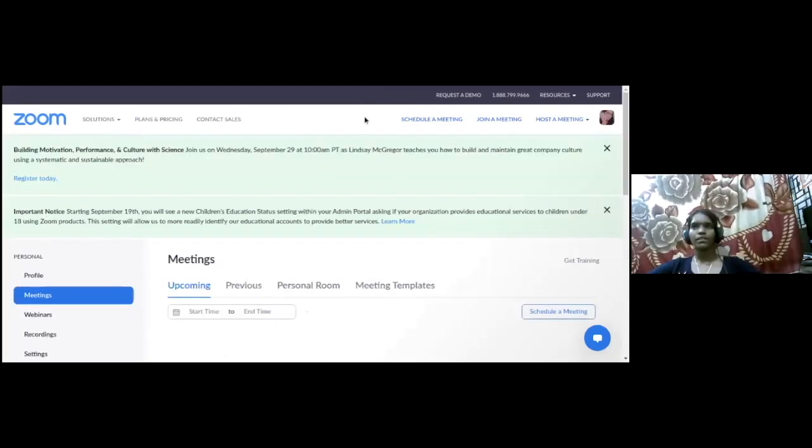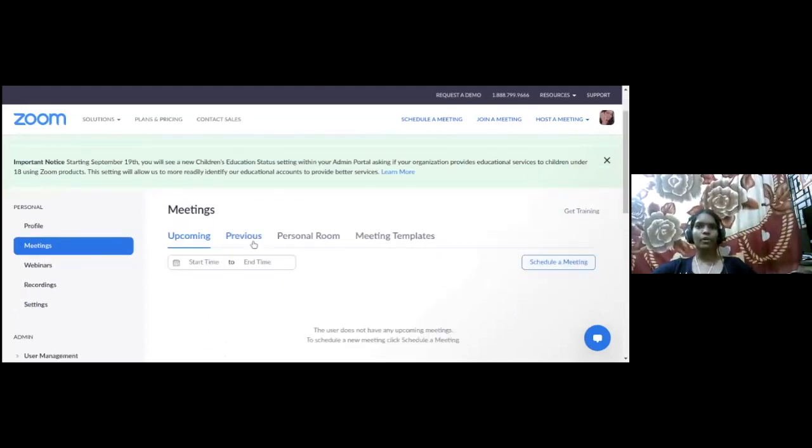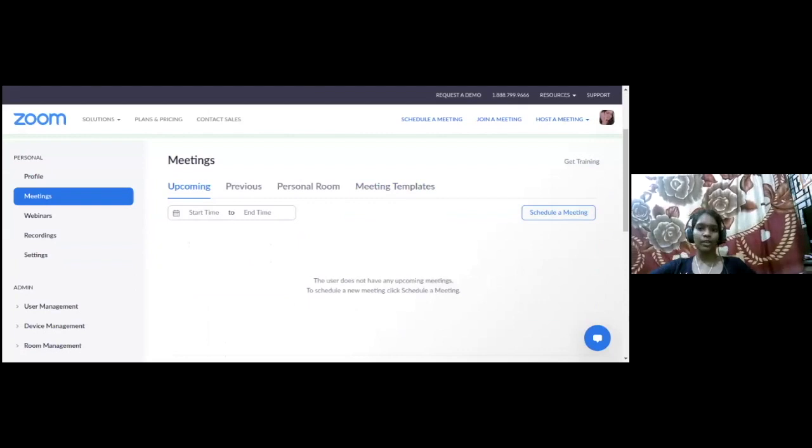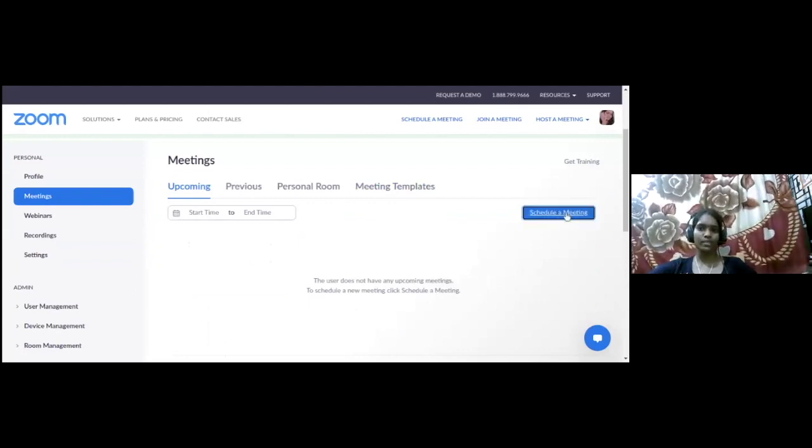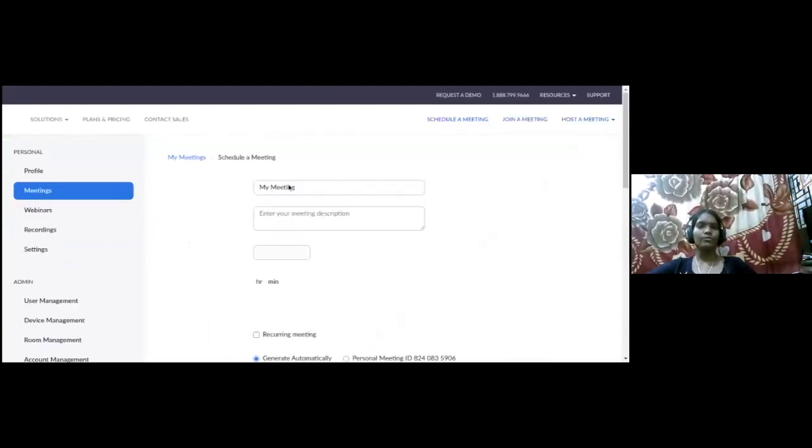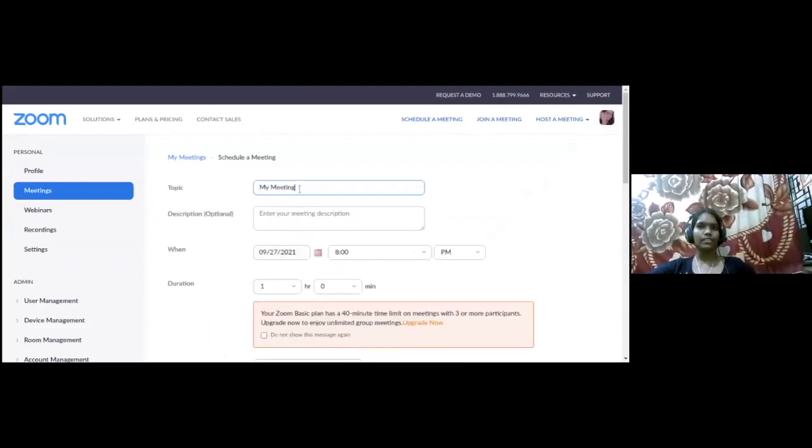After you have signed in, you will get this screen where you have all your upcoming and previous meetings, and you can set a meeting template here. When you have to schedule a new meeting, you just click schedule meeting and fill in all the details. You can give the topic of the meeting.